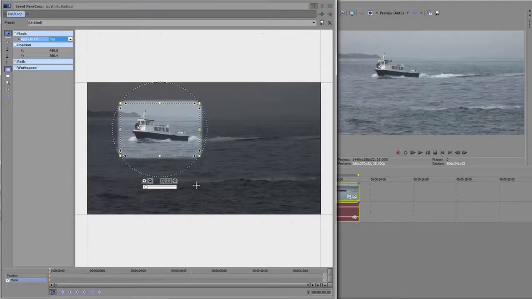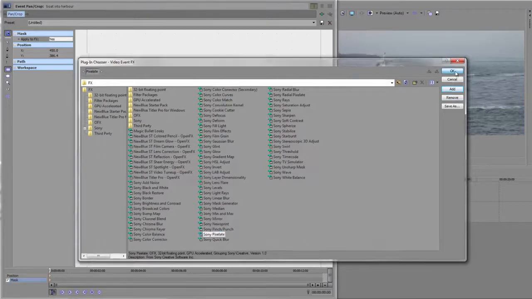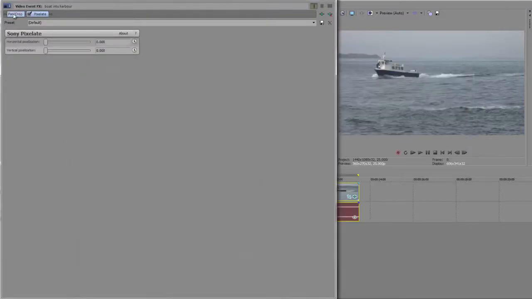So you then add the effect. Now, effects are added with this little button down here, as you know, but also notice you've got one here. So you can add an effect where it says plugin chain, so that's adding an effect. If I click that, it brings me to the plugin chooser, and I can choose what I want to do. So I'm going to look for Sony Pixelate. There it is, Sony Pixelate, or maybe Quick Blur, something like that. So I'm going to choose Sony Pixelate, select it. If you double click it, it's added to the list up here, or you can single click it, select add and click OK. Either way, I've added in Pixelate, click OK,